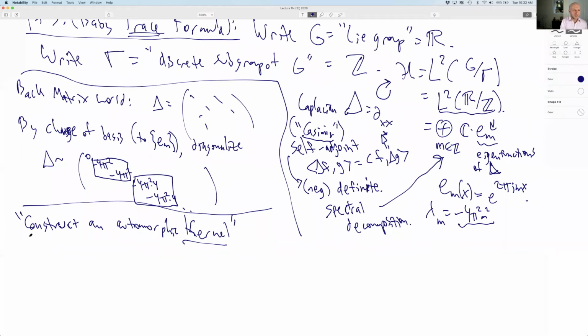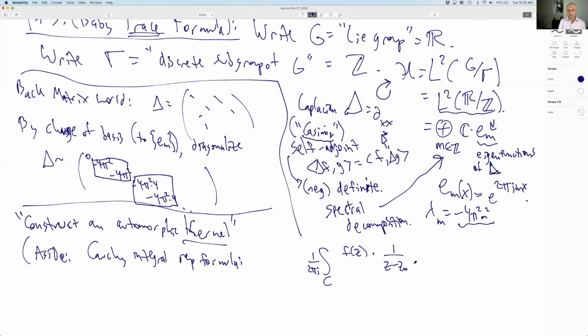And here's a little aside, we can think of the Cauchy integral representation formula. We do 1 over 2 pi i, integral over some circle of f of z times the function 1 over z minus z0 dz. That comes out to, if z0 is inside the interior of the circle,